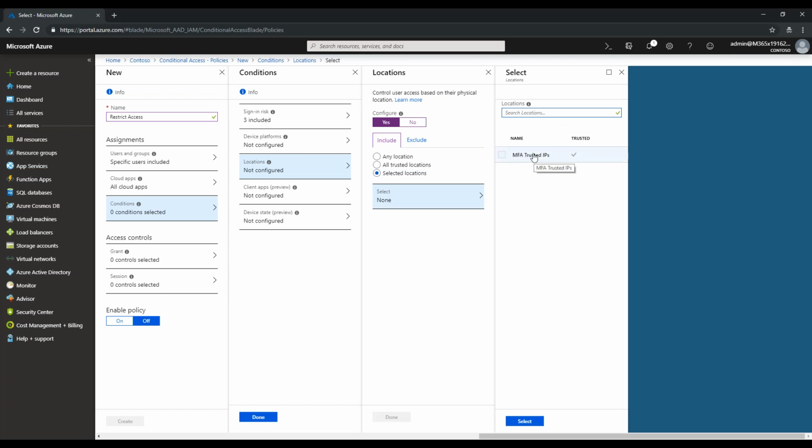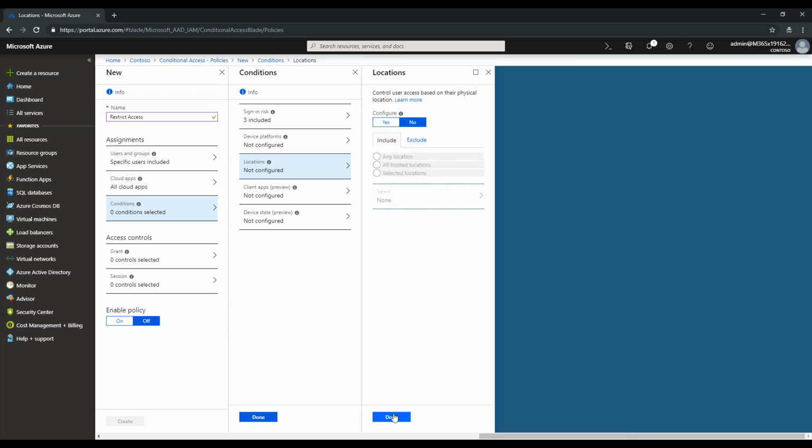MFA trusted IPs is a location that Microsoft, through its advanced threat analytics and machine learning algorithm, keeps on storing: the trusted IP addresses that you have configured in your MFA, as well as the trusted IPs that are not known malicious IP addresses. So you can configure that if access is coming from some of the trusted IPs, then that will be allowed. For now, I'll not configure this as well.